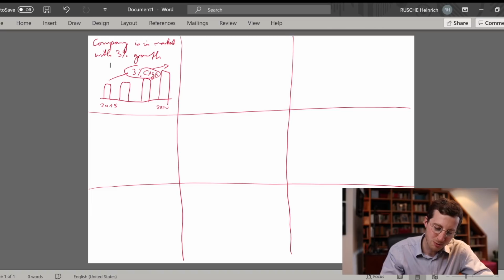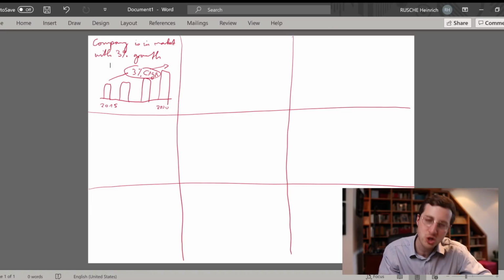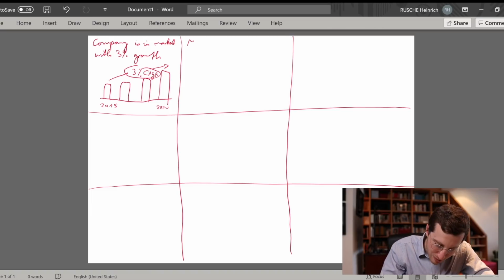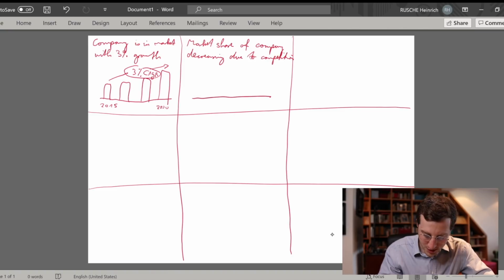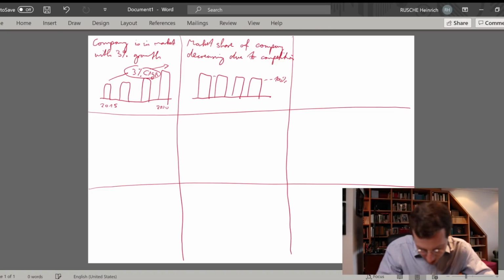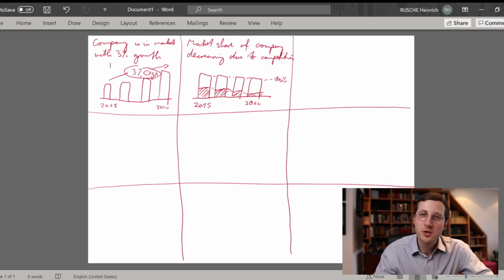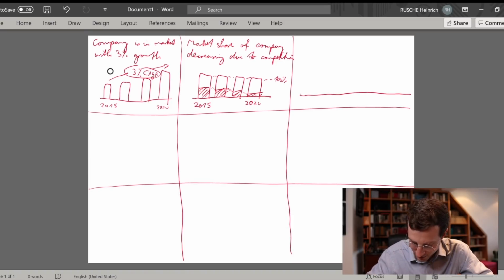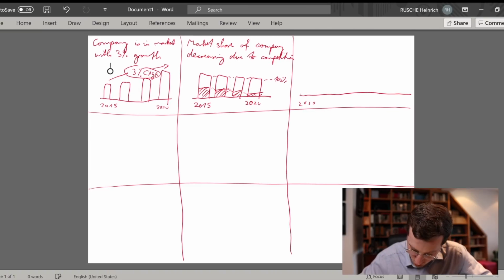Then the next one could maybe be that you want to highlight that the company actually is under competitive pressure. So market share of company is decreasing due to competition. And here, for instance, you could do some relative bar charts where they're all 100% just to show how the market share of a company changed over time. So if this is now the market share, you might want to depict that this is now going down. Next, maybe you want to show how the profitability of the company will be affected in the long term. So for instance, you could now do a waterfall chart from 2020 to 2021.